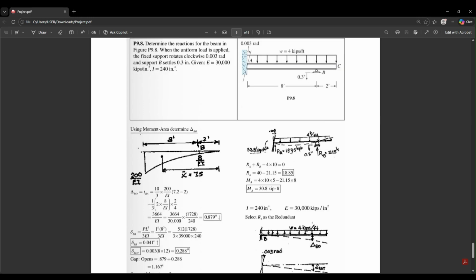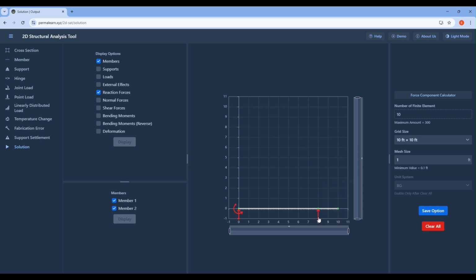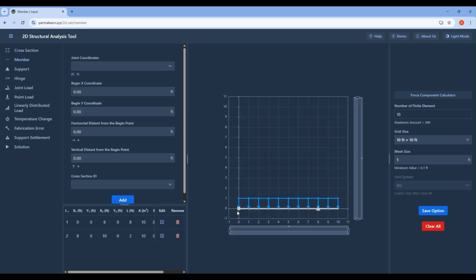In the manual solution book, they found AY is equal to 18.85, MA is equal to 30.8, and BY is equal to 21.15. It's a little bit different, but the difference is because they change